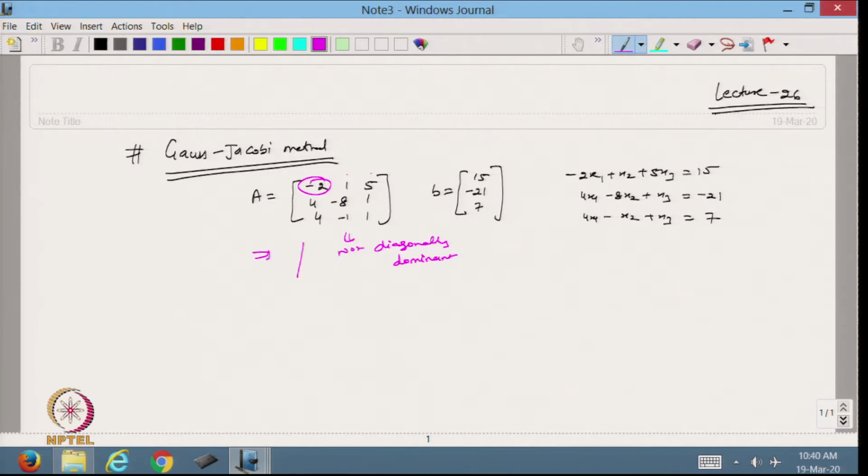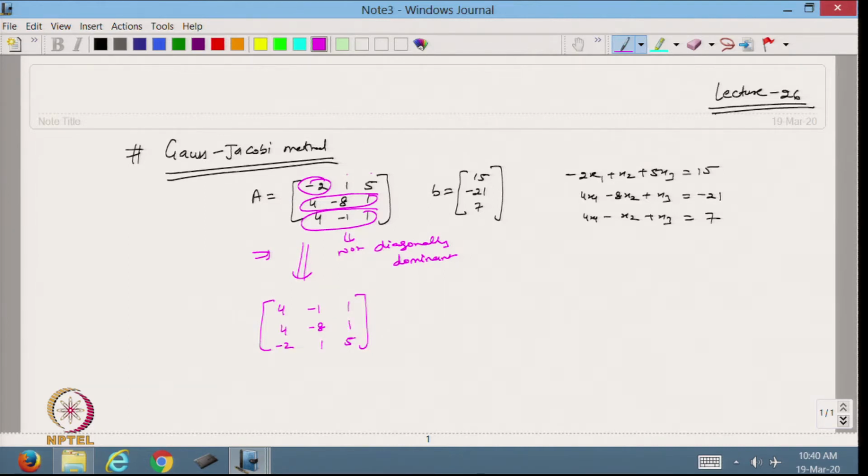But if I change this matrix into this form by interchanging the rows, suppose I take 4 here, -1 1, and then 4 -8 1, and then -2 1 5.